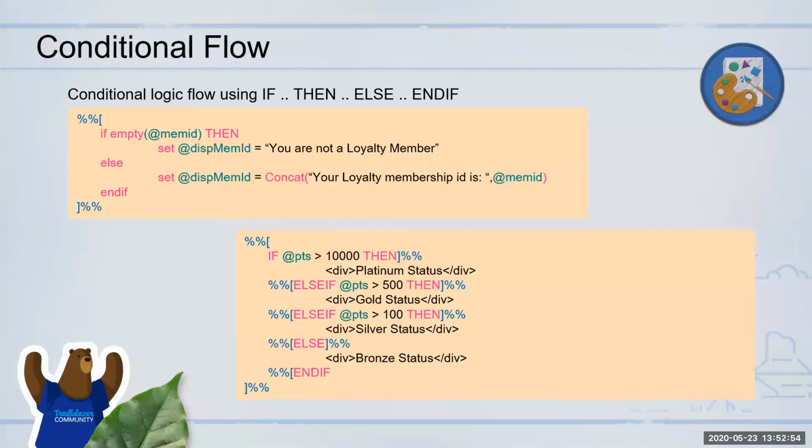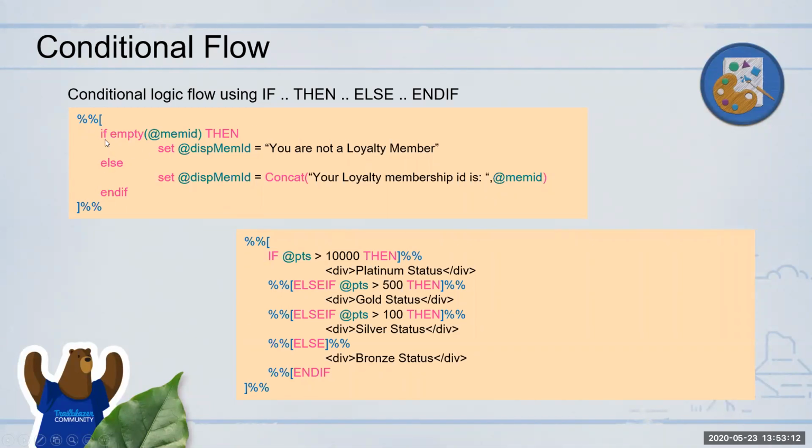Okay, coming to a couple of conditional flows. This is definitely one that you will quite frequently use, at least partially. You can use the if conditional.